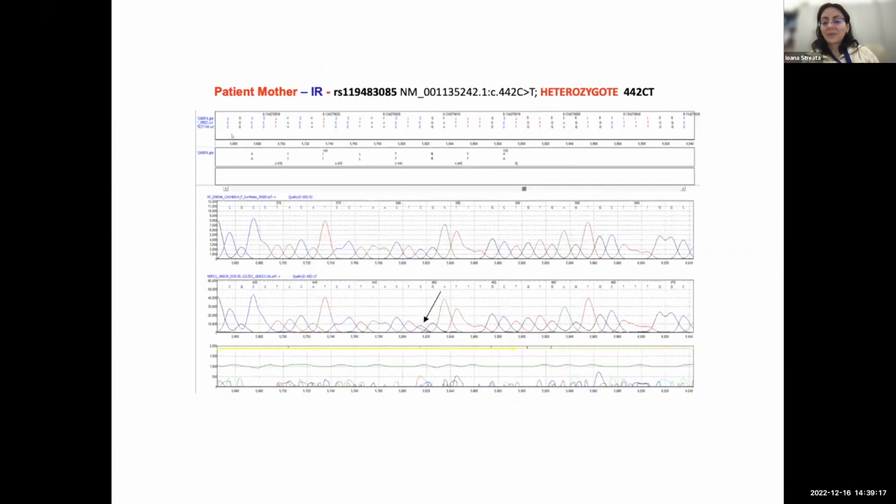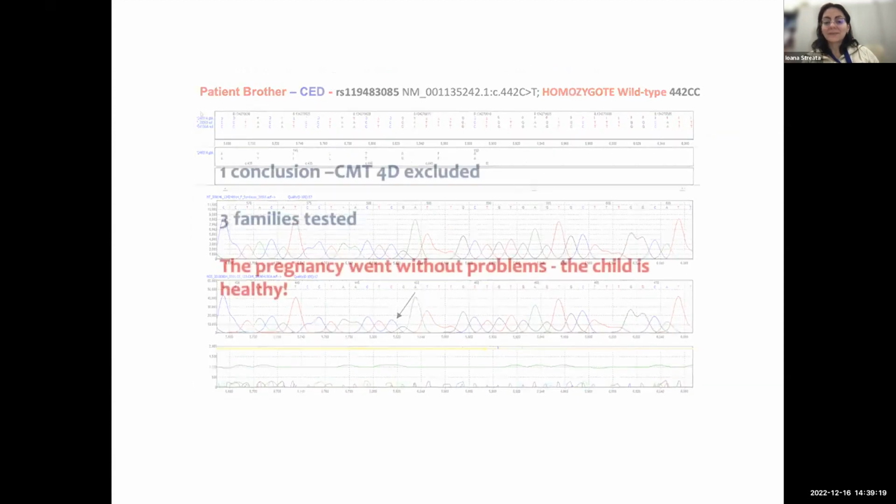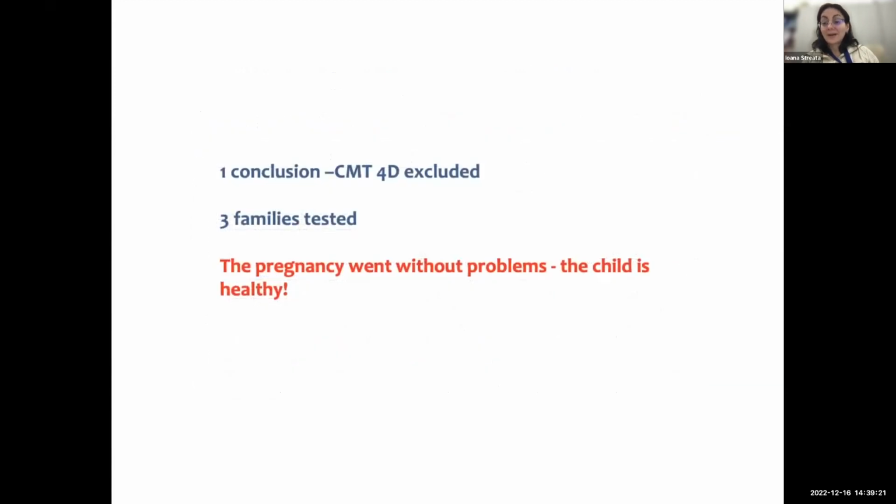And we were able to solve a case, not only a case, to help a family to be happy and complete. So we excluded the CMT4D in other members and in the fetus, and then the unborn child, but he was born, and everything went okay because